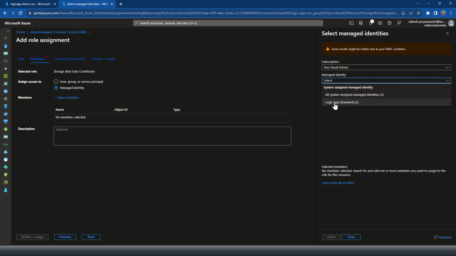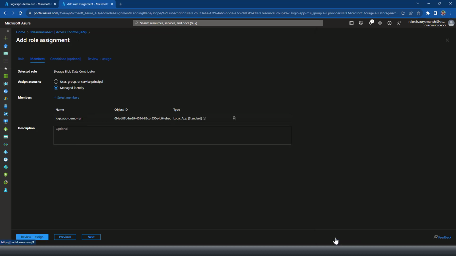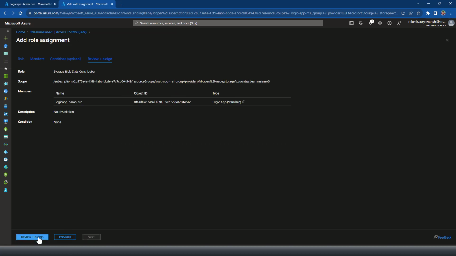So you can see that from the right of the screen, we have multiple options for all system managed identity, and the LogicApp Standard specific managed identity. I'll select LogicApp. So I have two LogicApps, so it's giving the name of both the LogicApps. I'll be using this demo run LogicApp. So I'll be selecting this, select, and that's it. You can review the LogicApp managed identity configuration, assign it,